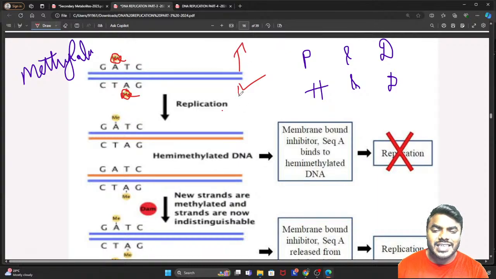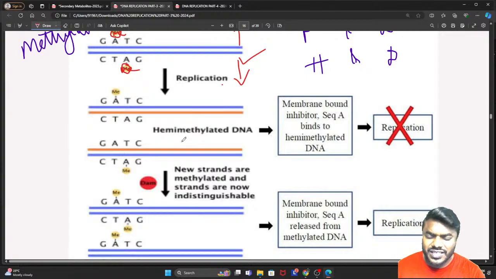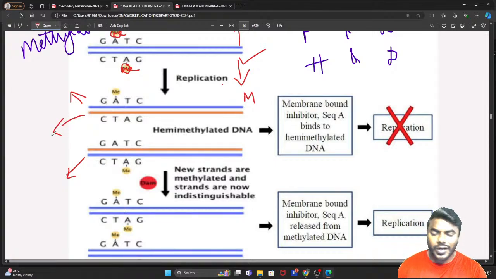The two parent strands get separated. There is no doubt. Whenever the two parent strands get separated, what is actually happening? Whenever the two parent strands get separated, friends, we call the parent strand the methylated strand. Now the question is very clear. What do we call the daughter strand? That is an important point. Friends, the daughter strand is called